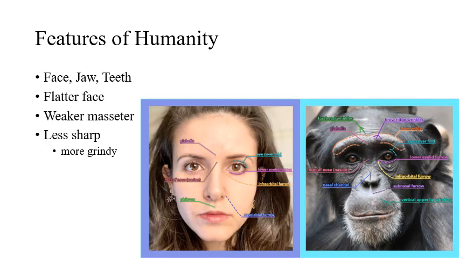Broadly speaking, humans have a very flat face. When you compare it to a chimpanzee, they have kind of this protruding mouth and protruding brow ridges. And even compared to Neanderthals, they had more of a protruding jaw and a pronounced brow ridge, right? So there's a couple things driving this. We have less developed masseter muscles when compared to chimpanzees, but part of that could be a reflection of our diet, which has more meat in it. Also, our incisors are generally less sharp and more for grinding,